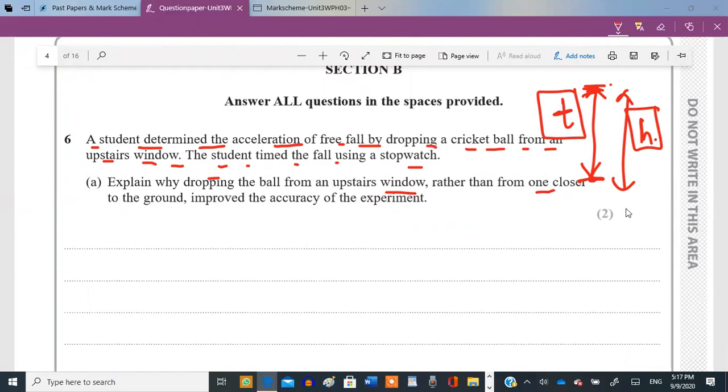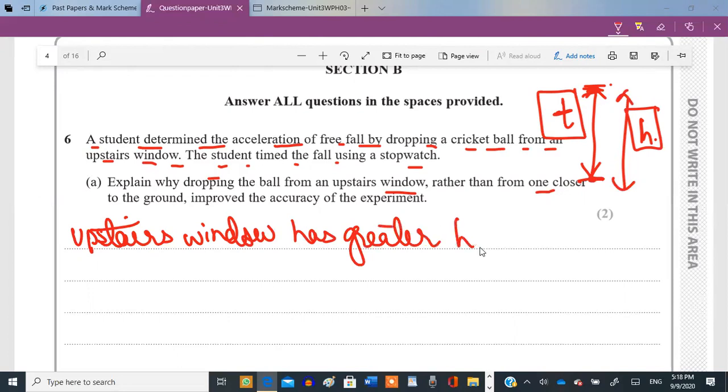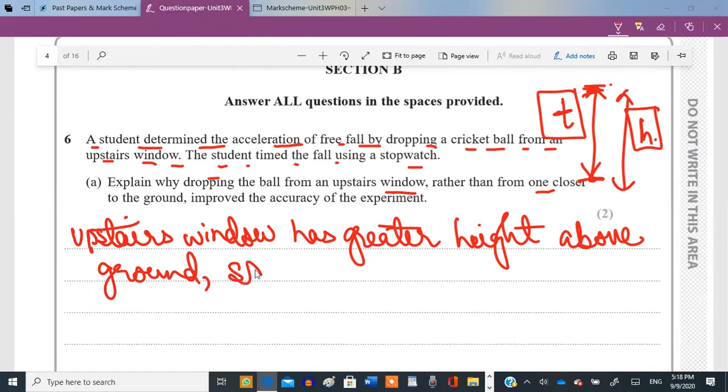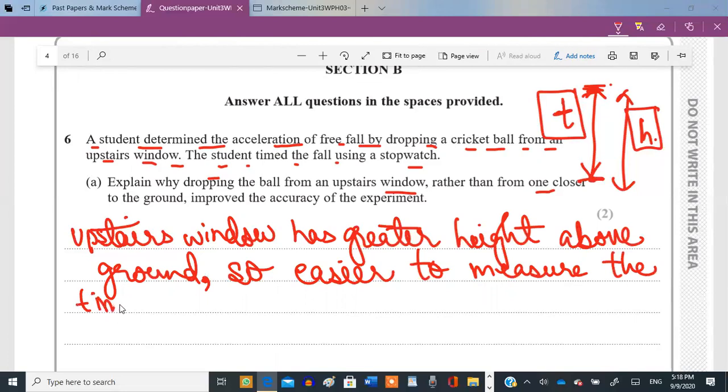Okay, this is for 2 marks. So we can have a few points in here from the experimental point of view, of course. So upstairs window has a greater height above the ground. So easier to measure the time. Secondly,